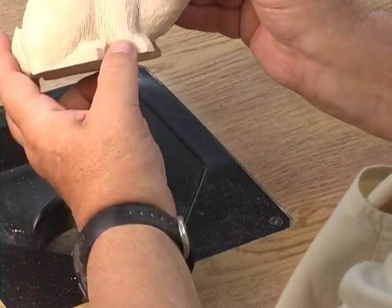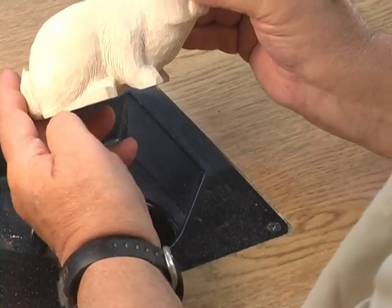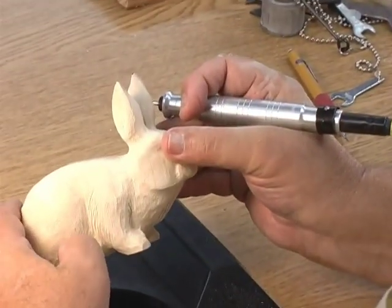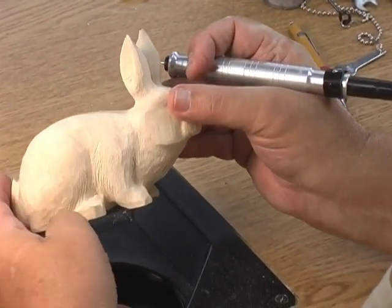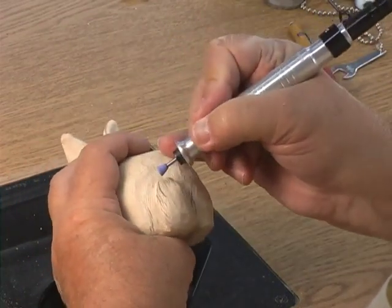Now you can see where I put in areas of coarse hair. Now I'm going to texture over this with a finer bit, and it'll actually knock some of this out, but the ends will still look coarse. A better shot probably would be to show you